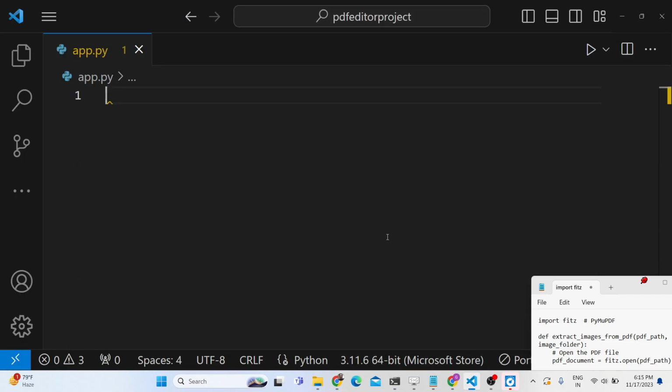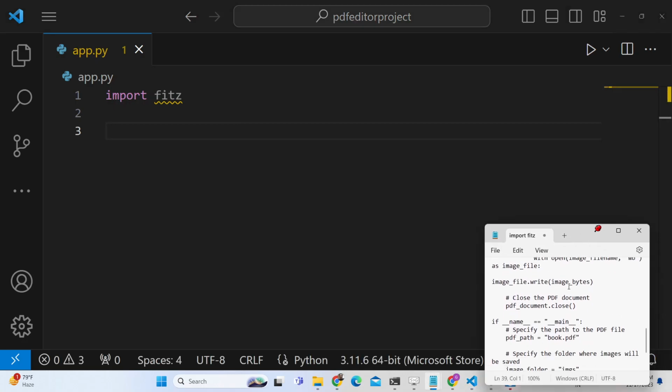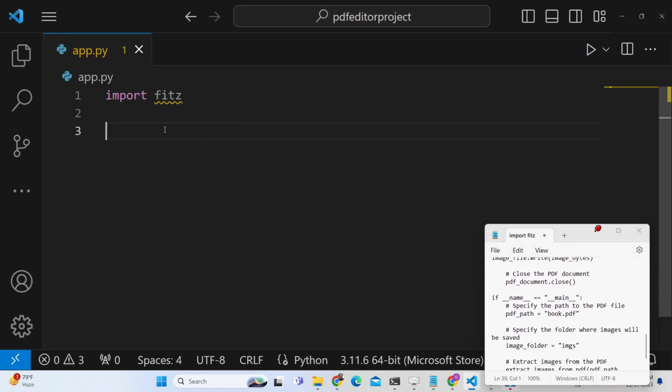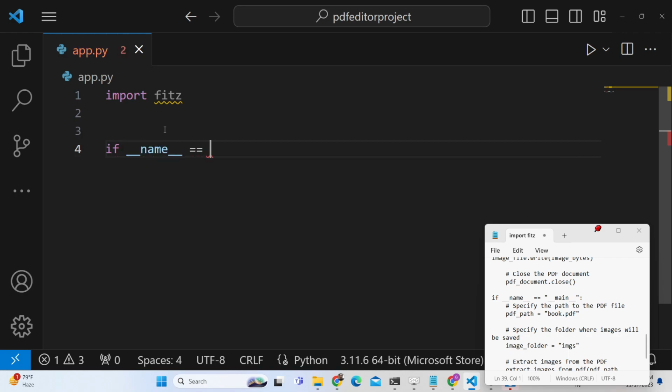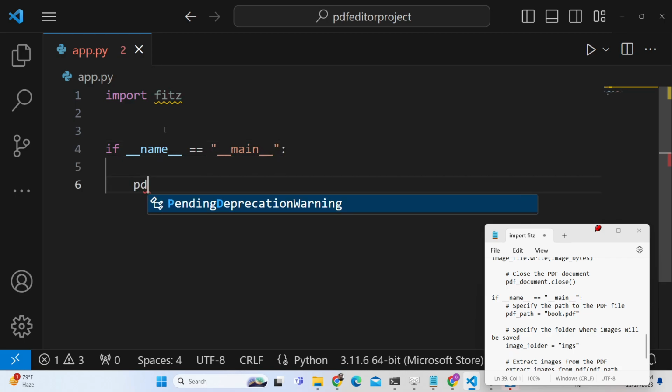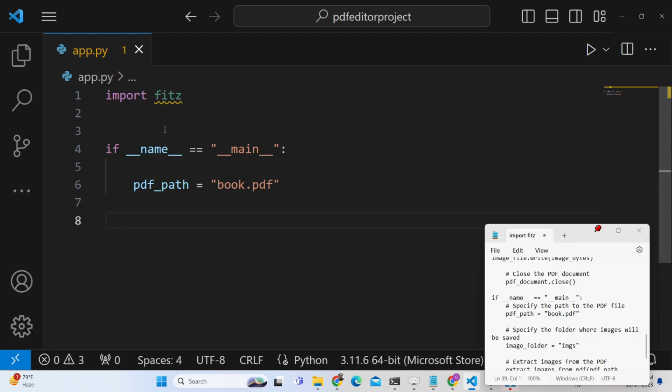So now to make this guys, first of all we need to import that package which is fitz, and then we need to call this function from our main function, if __name__ is main. Here we will provide the input file path which is book.pdf, and the image folder. You can create your image folder, let's suppose output,